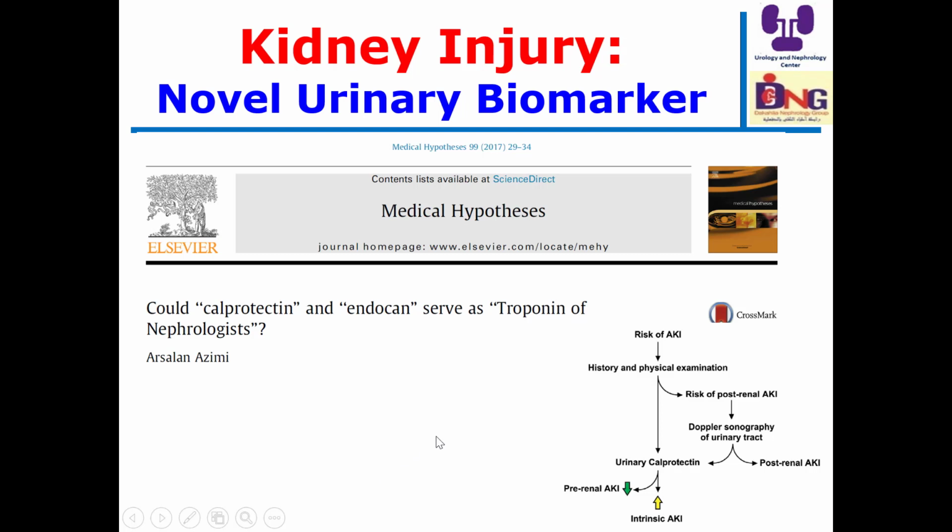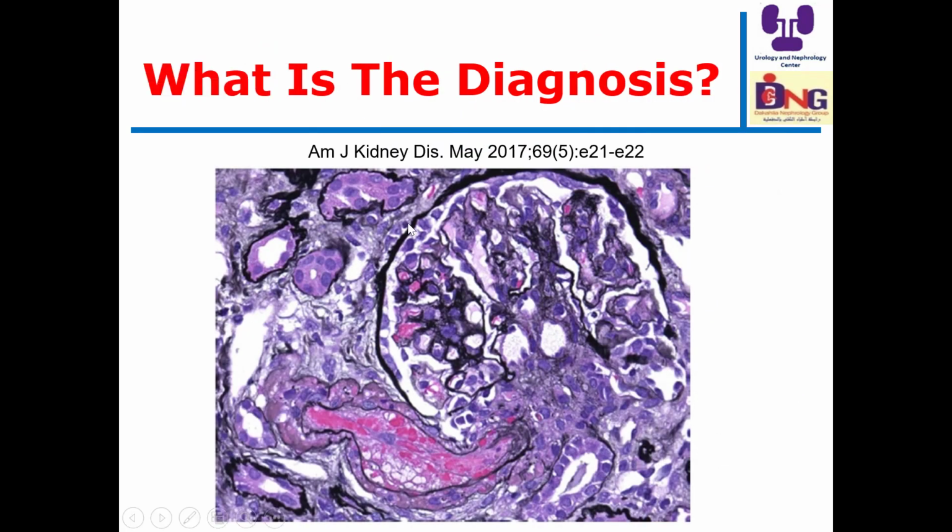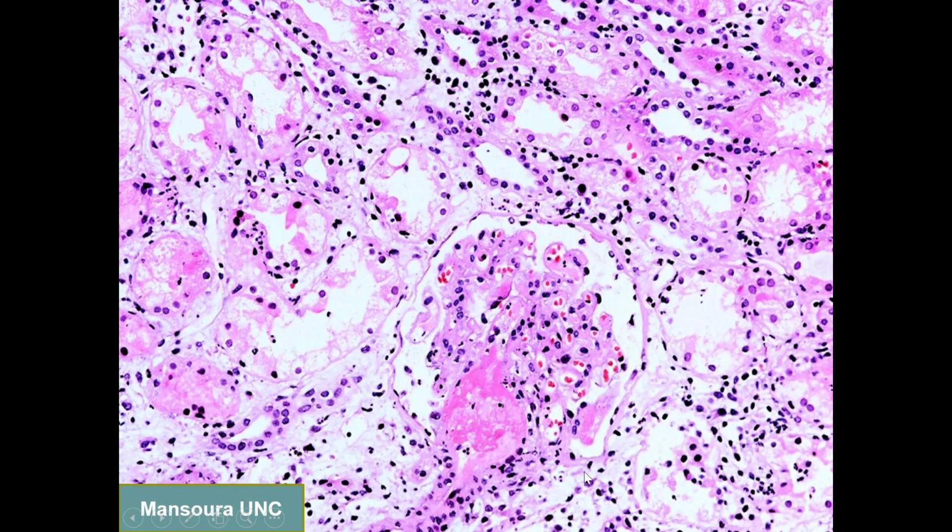But this is one of the biomarkers, not for rejection, but to discriminate between pre-renal and other causes of allograft dysfunction. If this is a case presented with allograft dysfunction, what's your diagnosis, Muhammad? I see a cellular crescent. No crescent at all. There is no crescent. This is thrombotic microangiopathy. So it is not crescent. Where is the crescent, Muhammad? No crescent. And this is one of our cases, thrombotic